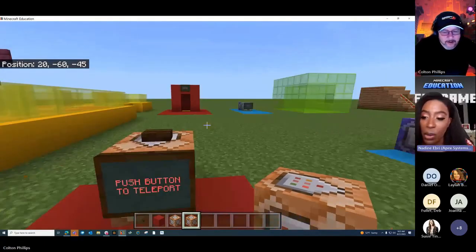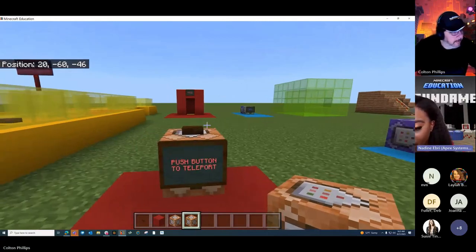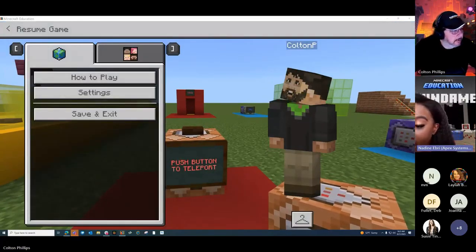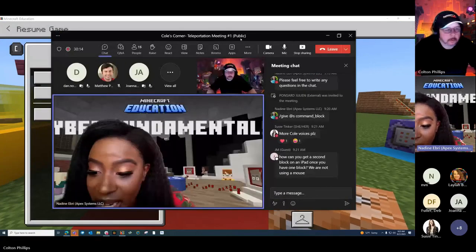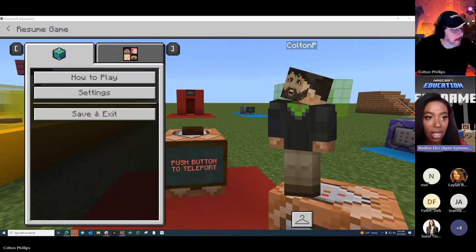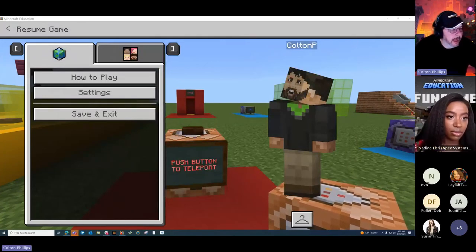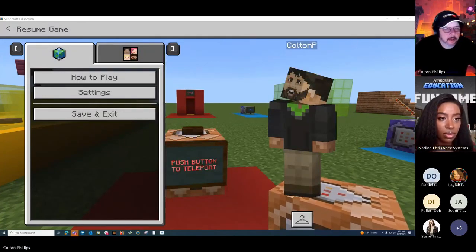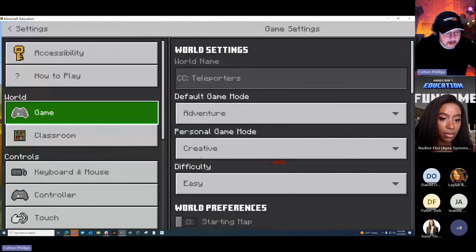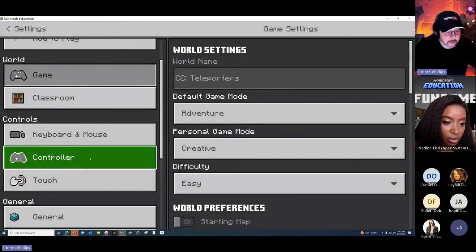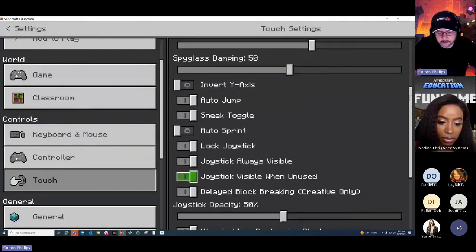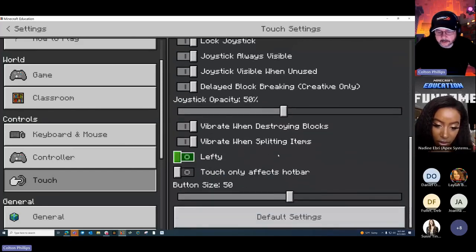Awesome, awesome. So we have another question in the chat. I'm assuming that there's a class that's following along right now. Someone said, how can you get a second block on an iPad once you have one block? We are not using a mouse. So, pick block, you could find it in the settings here. It should be under whatever, if it's also as a touch here. So if you look through here, see if there's a